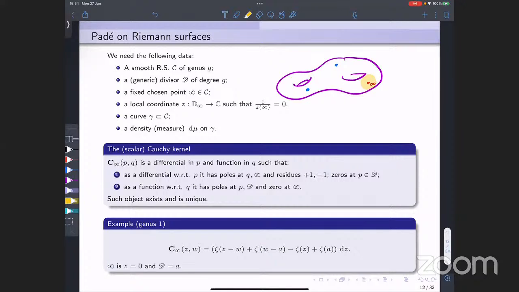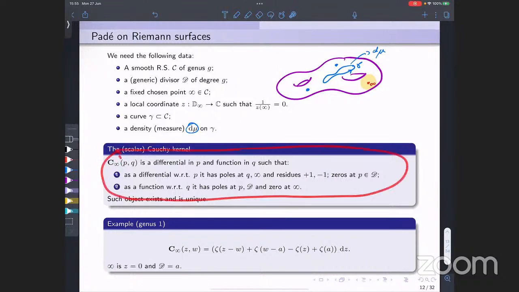And then you, in addition, however, you have a curve, basically your contour of orthogonality, gamma, and a measure, a density, a measure really, d mu on gamma, completely arbitrary, well, I mean, within reason, right? Smoothness reasons. Okay, now here we need the scalar Cauchy kernel, which is just the same as the matrix Cauchy kernel minus the matrix, right? It's just one, it's a scalar. So here are the properties, is well known. Now, except that in genus G on a Riemann surface,